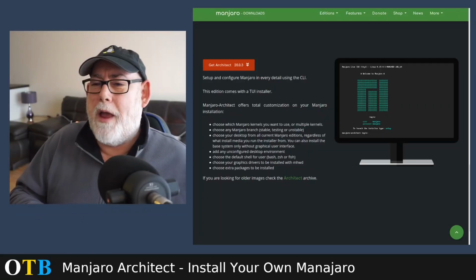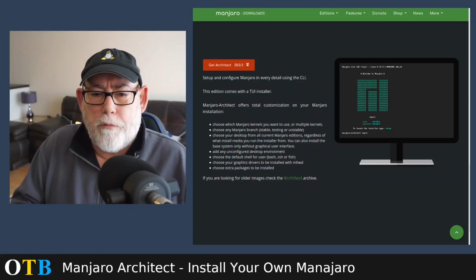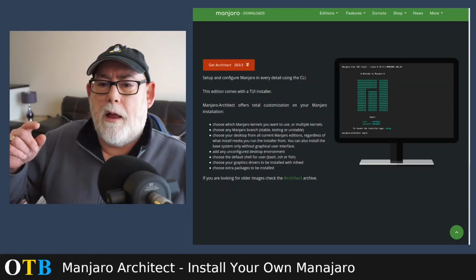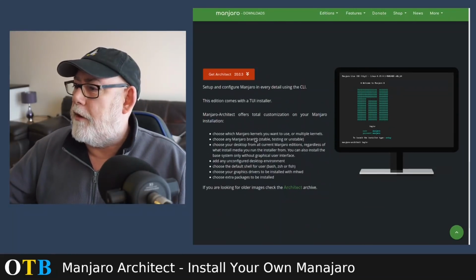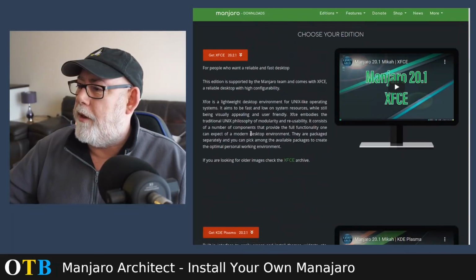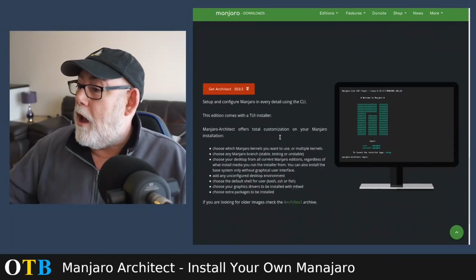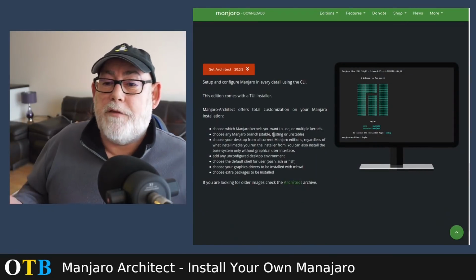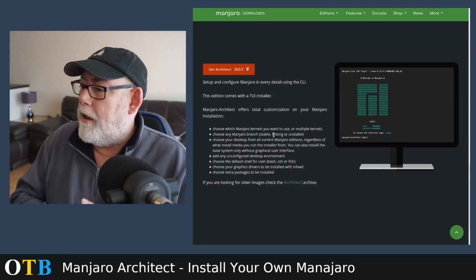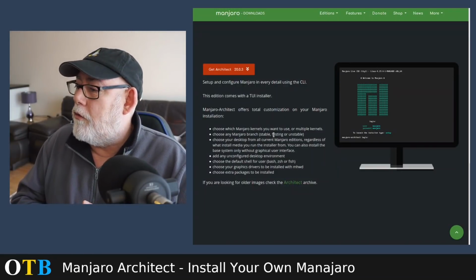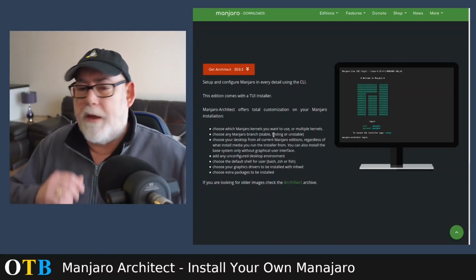So here we have it. I just went over to Manjaro's main website, manjaro.org/download, and Get Architect is in the main list of distros there, so I could scroll up and it starts with XFCE, then gives you Plasma, then GNOME, then Architect. So it tells you set up and configure Manjaro in every detail using the command line. It comes with a TUI installer, which is all good, and allows total customization on your Manjaro installation,